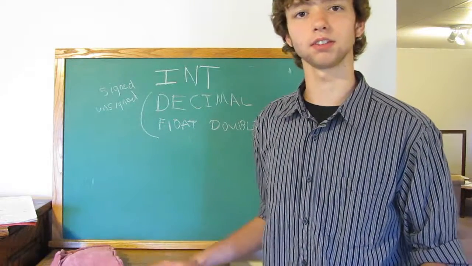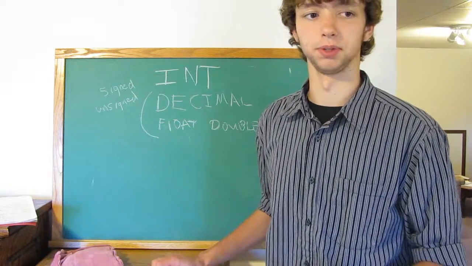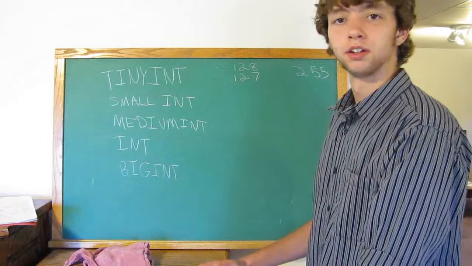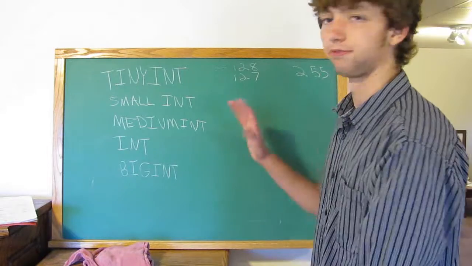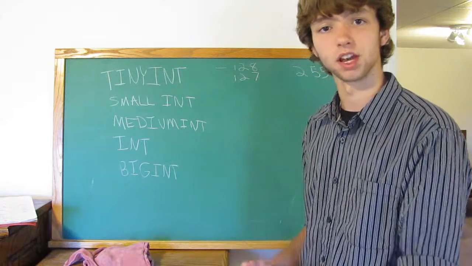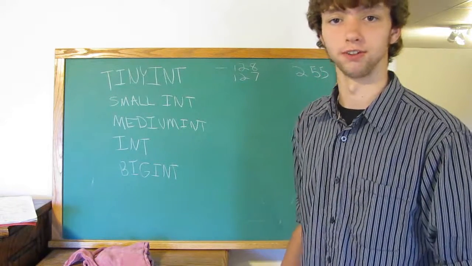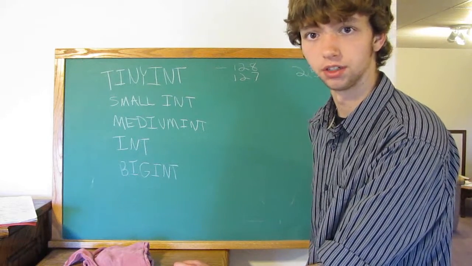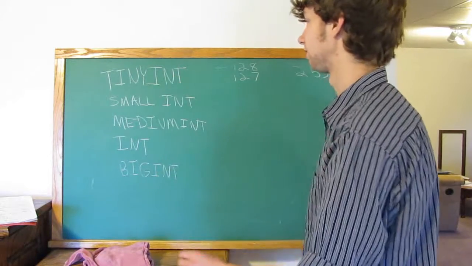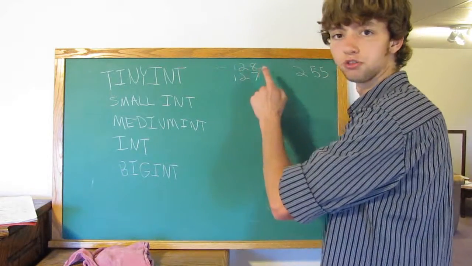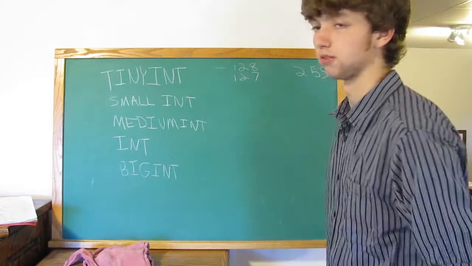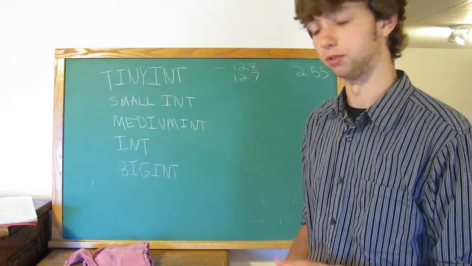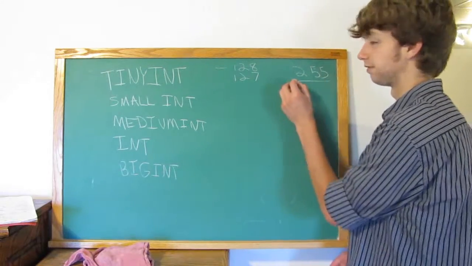And just like text, there's multiple versions of int, and we'll be going over all of them. Now here are all of the int data types. There are 5 of them. And if you remember when I said signed and unsigned, this will actually affect their values. So if you need to store a number, such as 63, you can store it in a tiny int, which allows from -128 up to 127. But that's for a signed value. If you want an unsigned value, then it allows up to 255, which